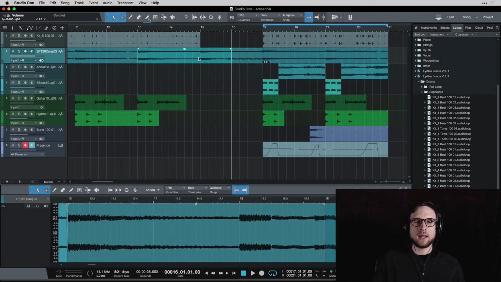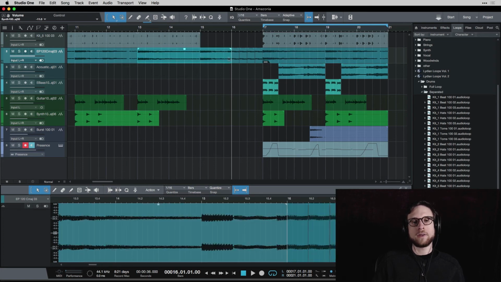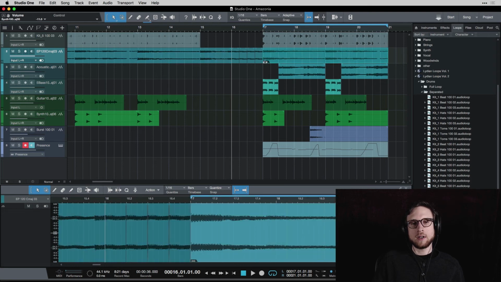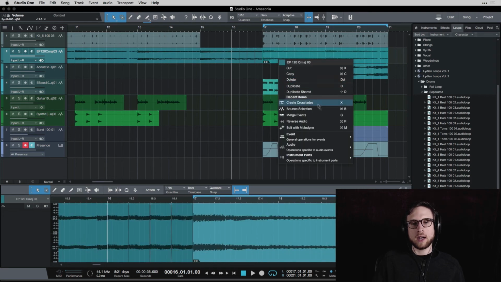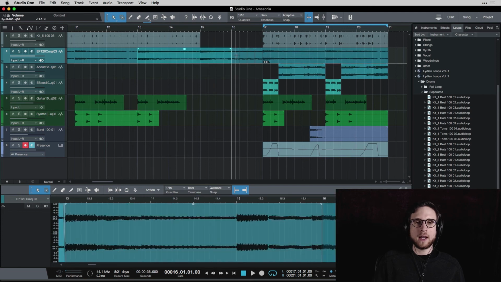Then I wanted to edit them. I wanted to do these little cuts, so I had to bounce that merged event to get a single new file. So I went to the merged event, I right click, and I went Event, Bounce Selection. You can also push Command B or Control B. Then I got this thing that I could edit, and I duplicated the little last bit, and I crossfaded by selecting them and pushing X. So now, playing from bar 13,